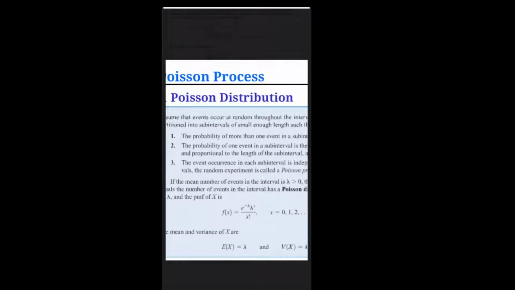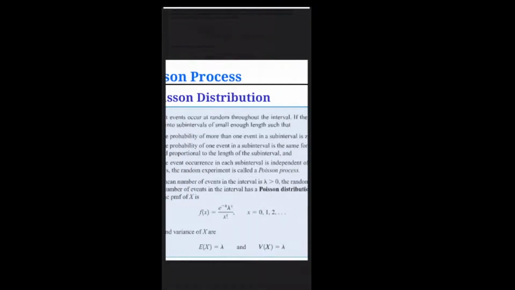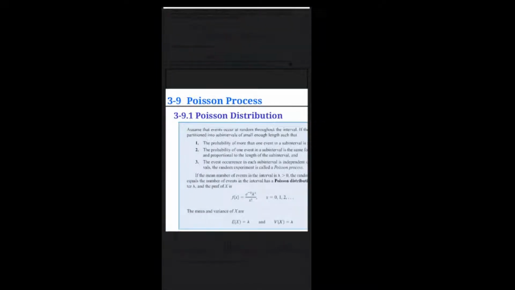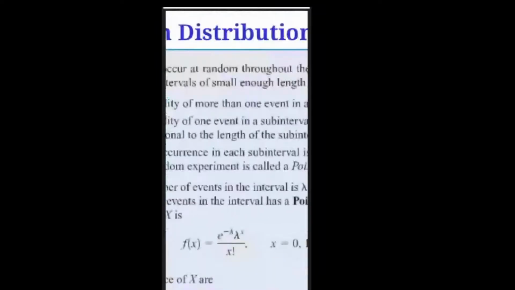Тобто ідея така, що ймовірність появи більше, ніж однієї події одночасно в цьому підінтервалі дорівнює 0. Ймовірність появи однієї події в інтервалі пропорційна довжині цього інтервалу. І поява події в кожному інтервалі не залежить від інших підінтервалів. Відповідно, ми маємо функцію